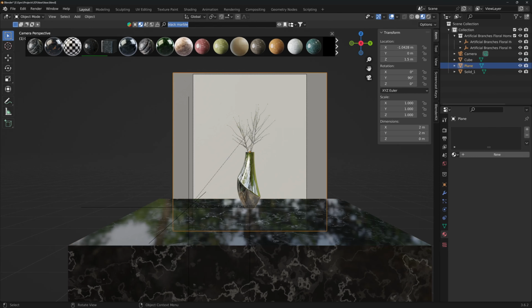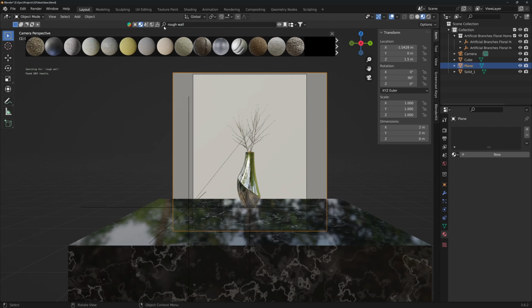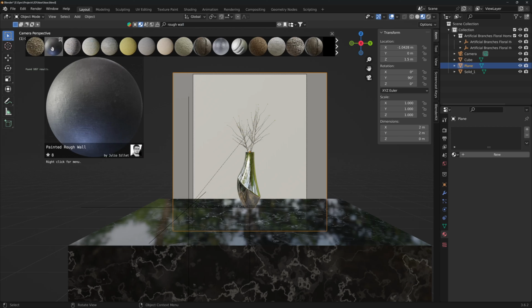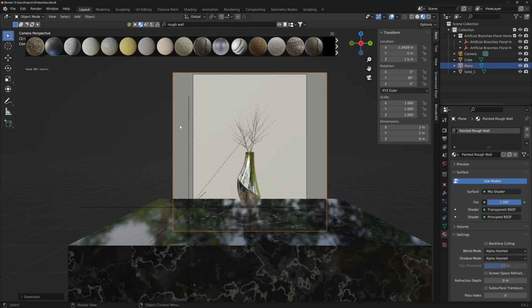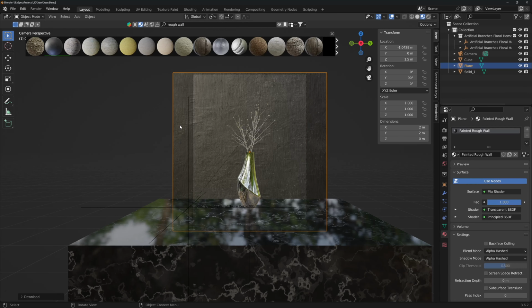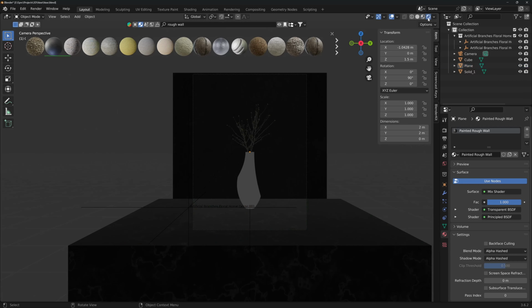And for the wall, I'm going to search for rough wall paint. Let's see if I can find it. So this one, because I wanted to also add some texture to it, so it's not really boring, let's say. And if we go to the render view, you see that it's very dark because we don't have any